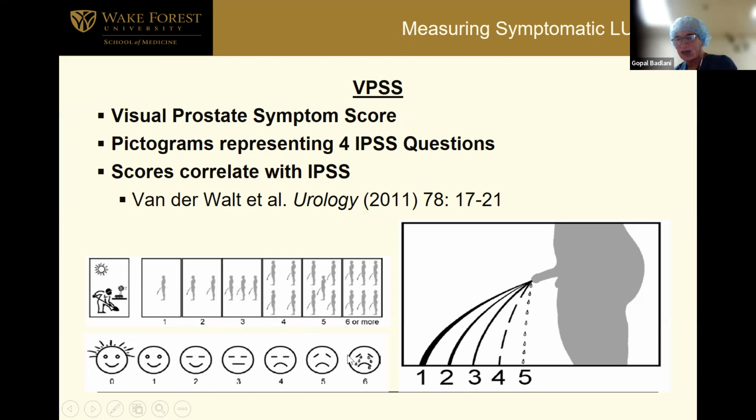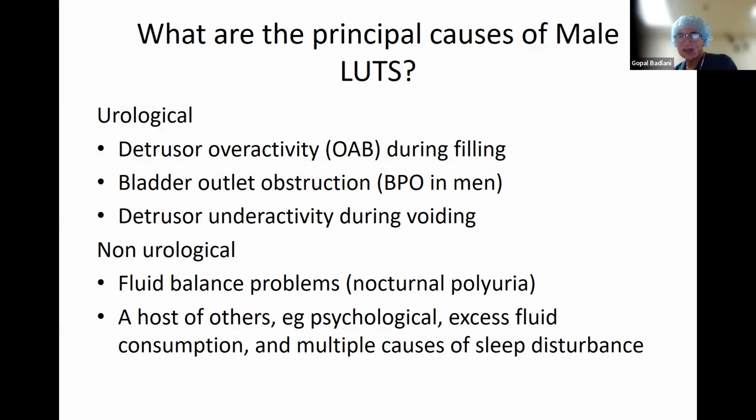And by pointing to the stream in terms of where it falls, a patient who is not well educated to read the question and answer in a picture form can tell you how bothered they are. And if you ever played the game of Angry Birds, you can use that to point where the picture is. The principal causes of male urinary tract symptoms can be bladder overactivity, just as in women during filling,